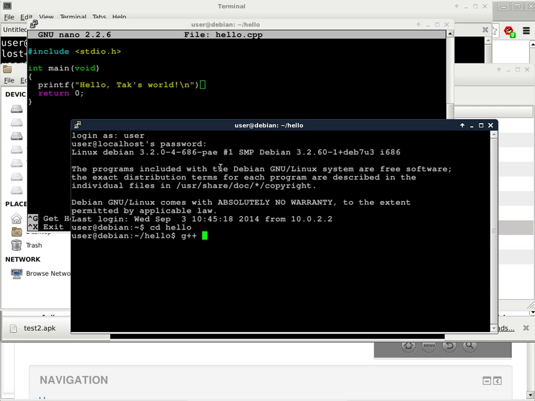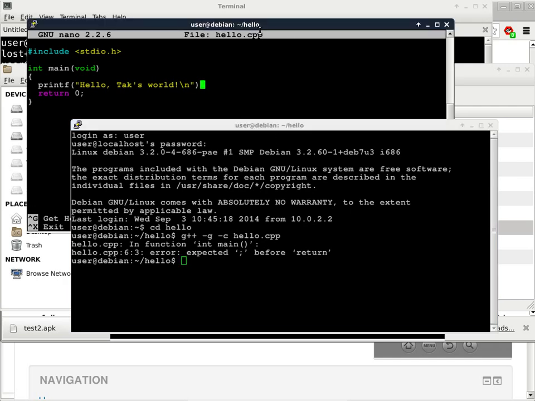I just want to show you what error message is generated because of this error. Okay, so it shows the error is in function int main. Well, we only have one function, so it has to be in main. It shows you on line 6, column 3, expected semicolon before return. Okay, so if you go back to the editor,